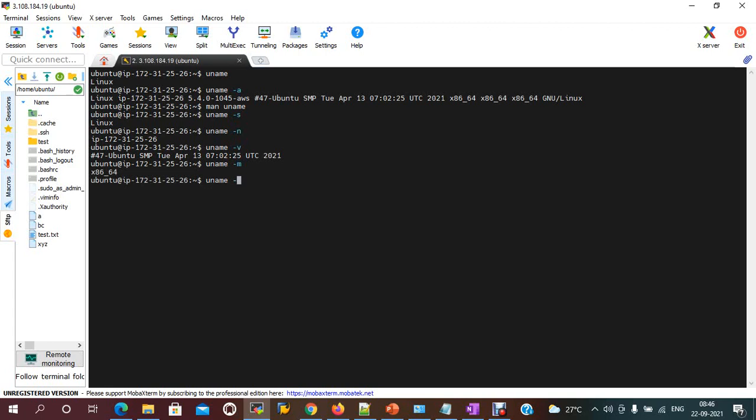Hyphen p is the processor. Hyphen i is the hardware platform. Hyphen o will print the operating system name. Like this you will get the information about the system.